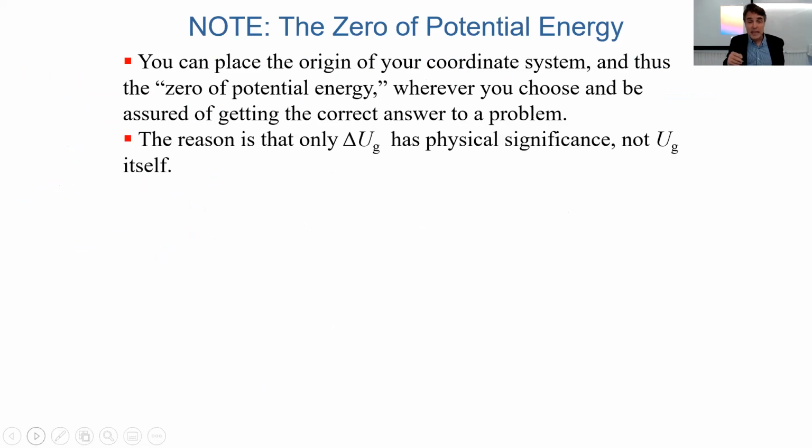The reason for this is that the physical manifestation of potential energy is always related to the change in potential energy, not the potential energy itself. It doesn't actually matter what your gravitational potential energy is. You can call it whatever you want. I could say, oh, my gravitational potential energy is -10, relative to some spot that's 10 meters above me or something, right? But what matters is that if I change my height, then I'll change my gravitational potential energy.